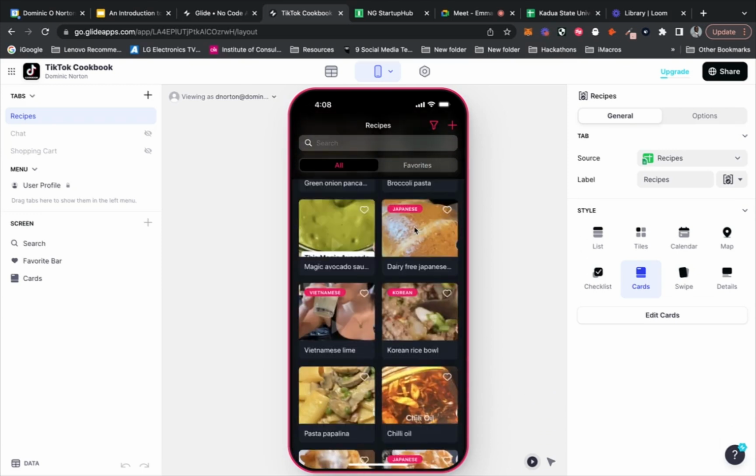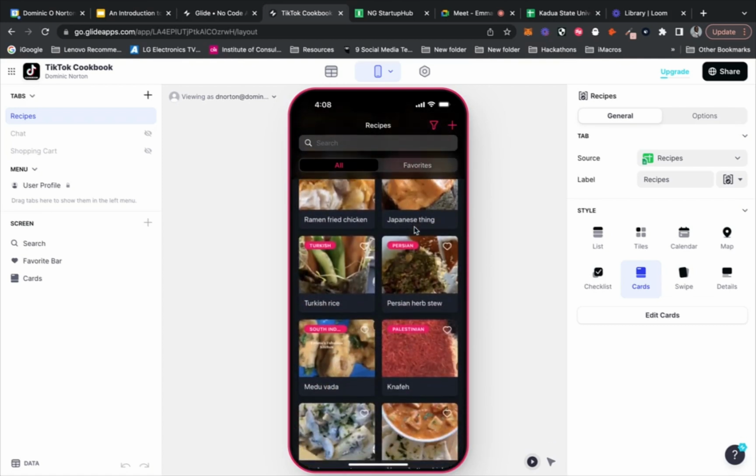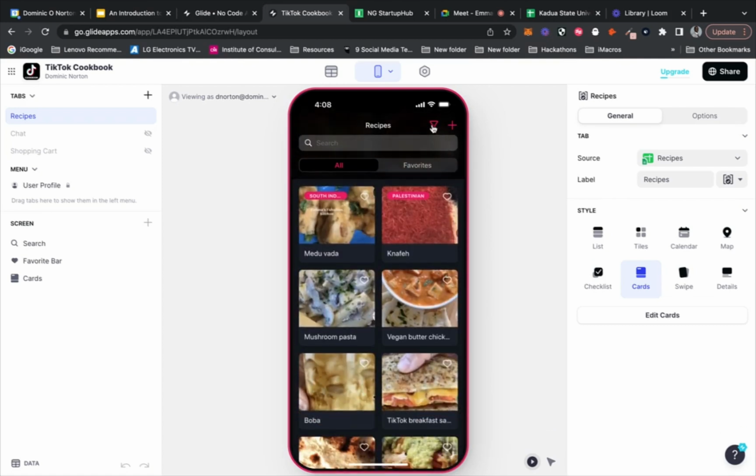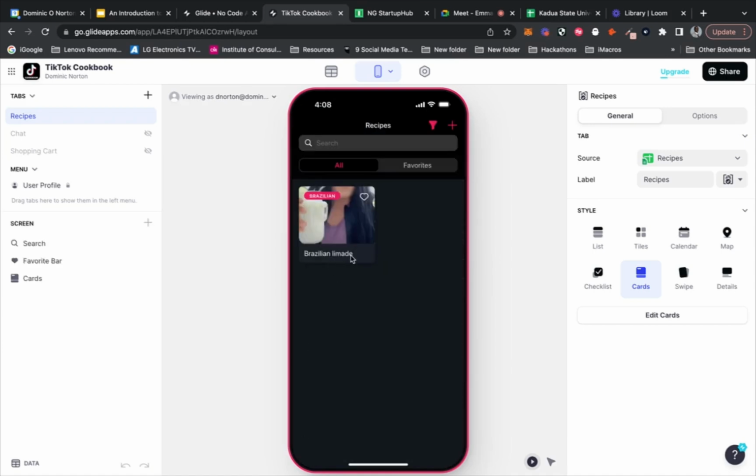Some of these links are broken because TikTok actually changed the back end link structure. But yeah, there were recipes, and you could filter by country and find a recipe by the country. That was really popular.